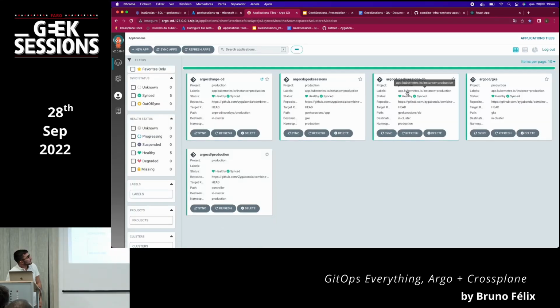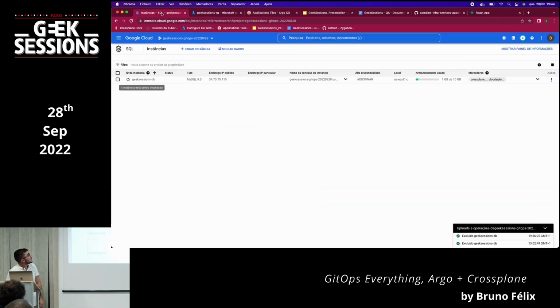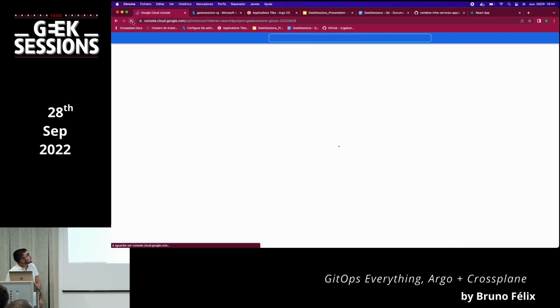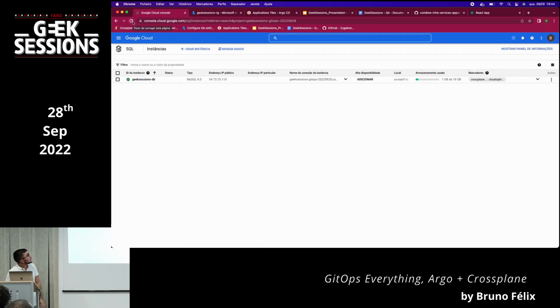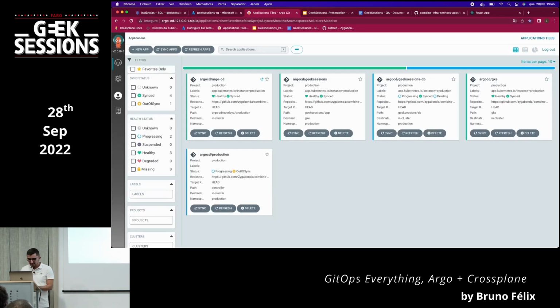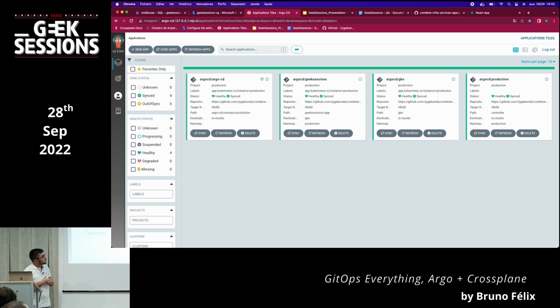So eventually our database will be removed from here and cleared from here. It was just added. So the database is removed from